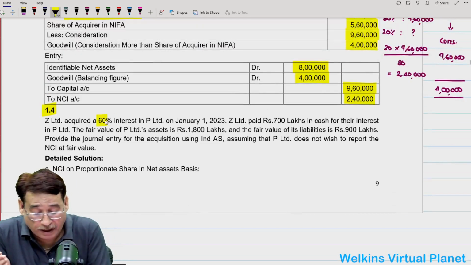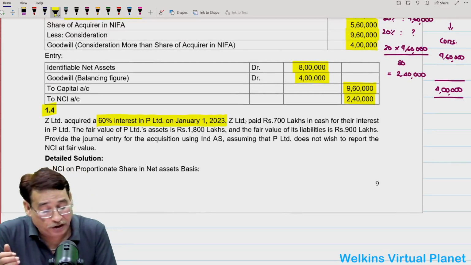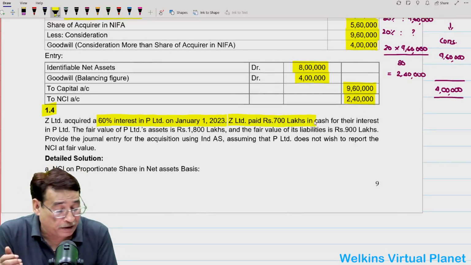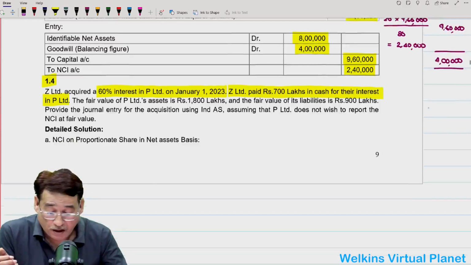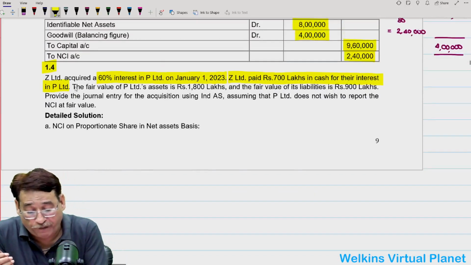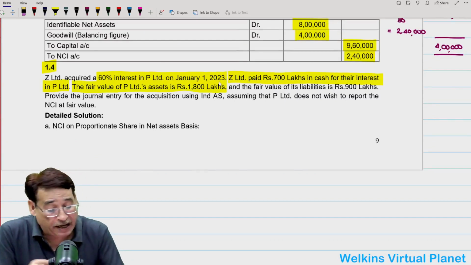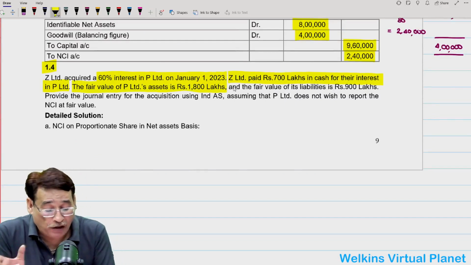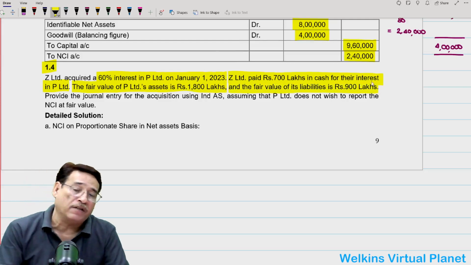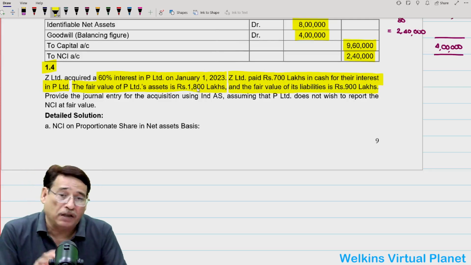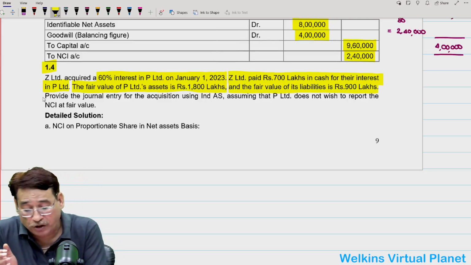Z Limited acquired 60% interest in P Limited on January 1, 2023, and Z Limited paid 700 lakh in cash for their interest in P Limited. Correct? Now further it is written the fair value of P Limited asset is equal to 1,800 lakhs. This time fair value of asset is given separately and fair value of liability is given separately. Fair value of asset is 1,800 lakh, fair value of liability is 900 lakh, and the question is asking to provide the